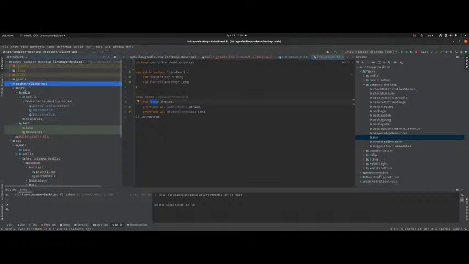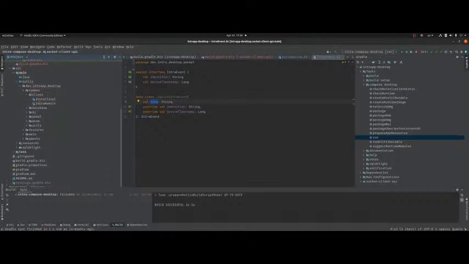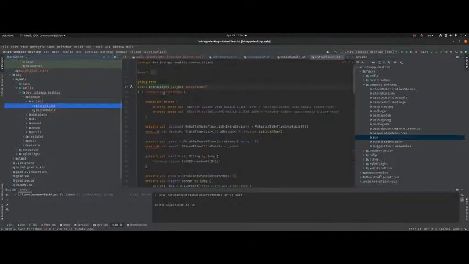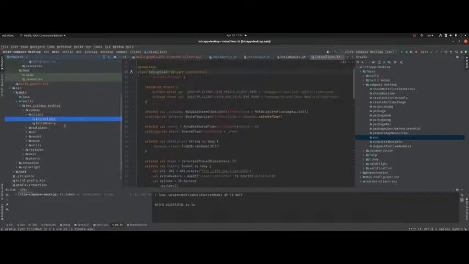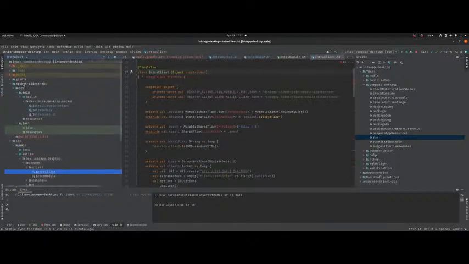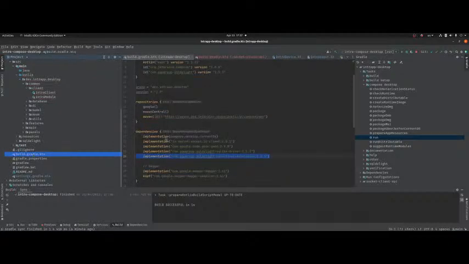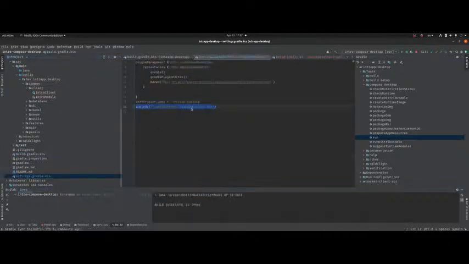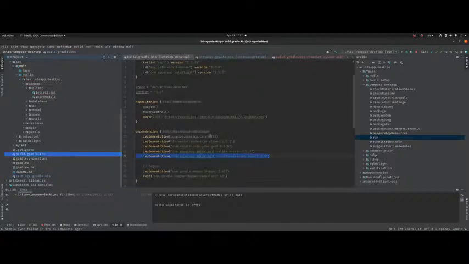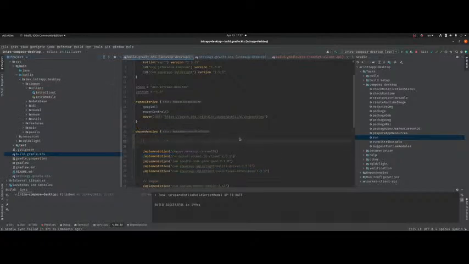So here we go. We have a socket client API. The problem is that you can see here we don't have it anymore. Nothing works. So let's just import this module inside the main project, which is added here, but not inside the build Gradle. So this is the main app for now. It doesn't know where this thing is. So let's just bring it up with implementation of project